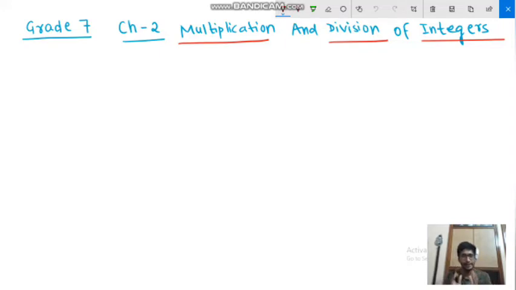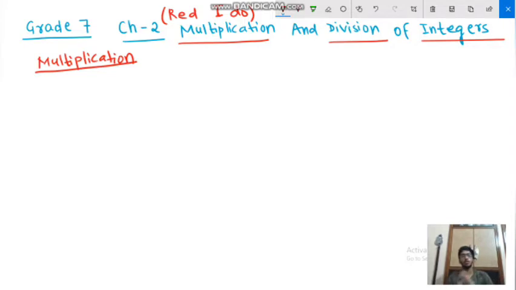So in grade 6 you have already done addition and subtraction of integers. In grade 7 we will take this forward and we will learn multiplication and division of integers. Okay, so I will turn the signal to red. I will do. You will just need to see right now. I will give you the time to write. Okay, so let's understand multiplication of integers in this video and division we will do later. Okay, so we will start with multiplication of integers.